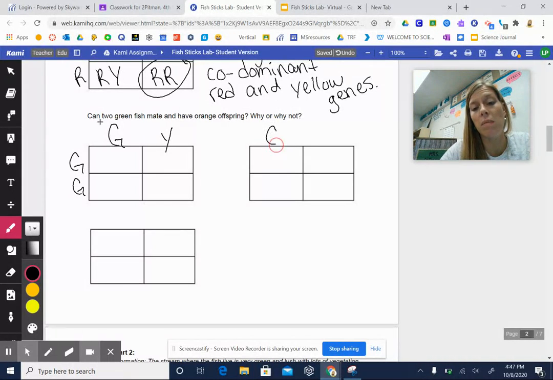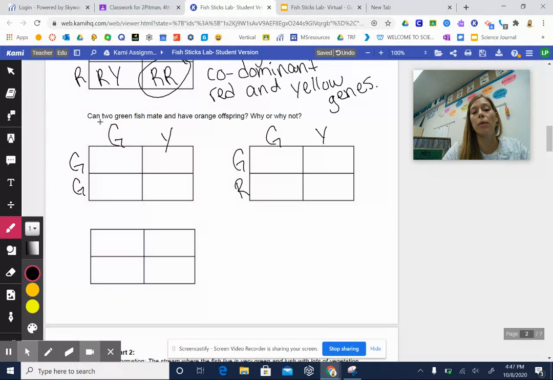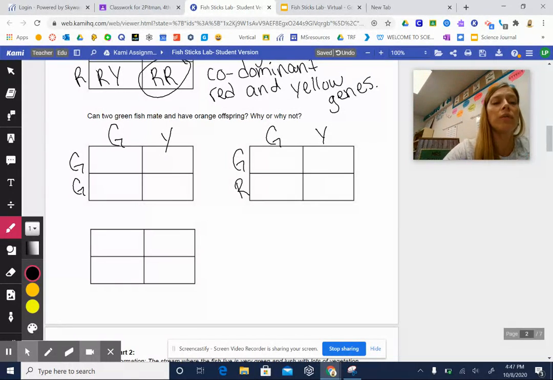And maybe do one here for red. So mom and dad are both green, but mom here has the recessive yellow gene and dad here has the recessive red gene. And you could have used all three, but you didn't necessarily have to do all three Punnett squares. So if you fill this out by bringing them down,